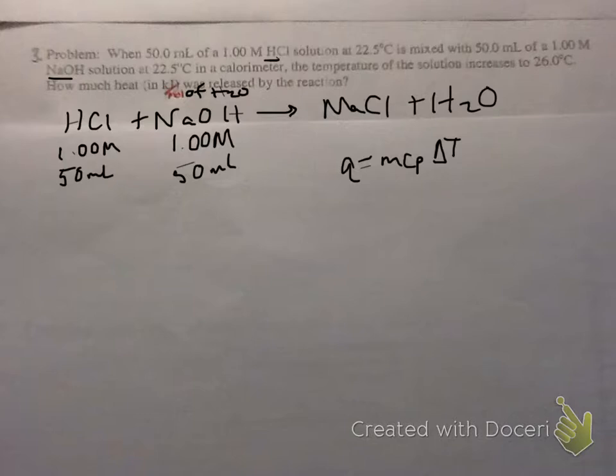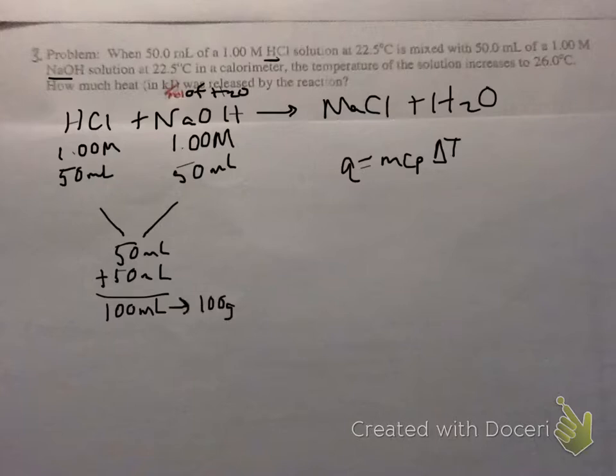Those things are the ones we're checking the temperature change of. So both of those need to go into my mass calculation. So 50 milliliters plus 50 milliliters is 100 total milliliters. And because these are very dilute solutions, the density of water is 1, and we can apply that here. That is 100 grams. So we're going to use that in Q equals MC delta T, 100 grams times the